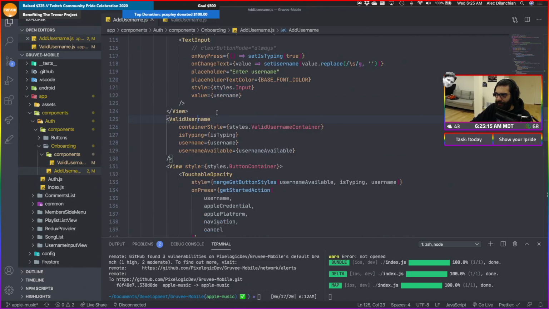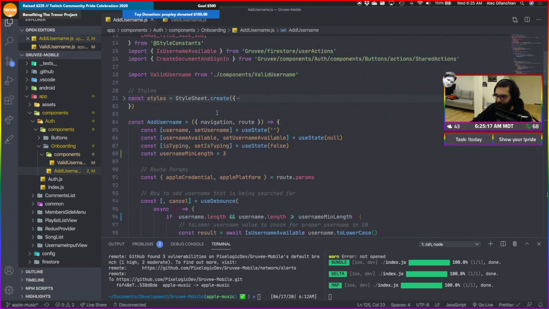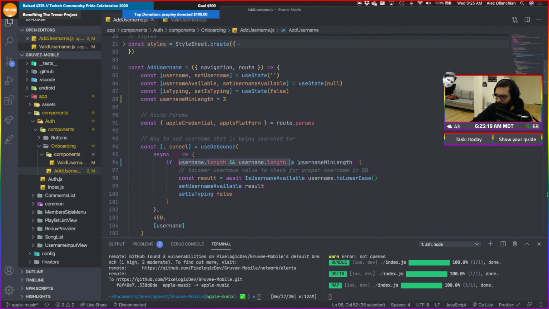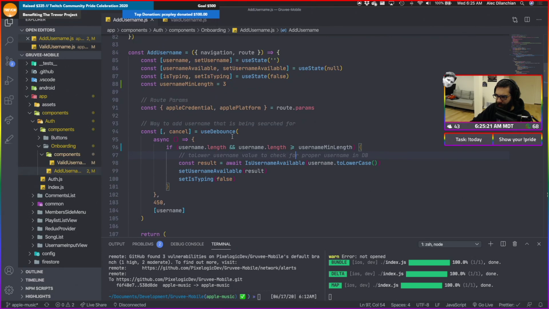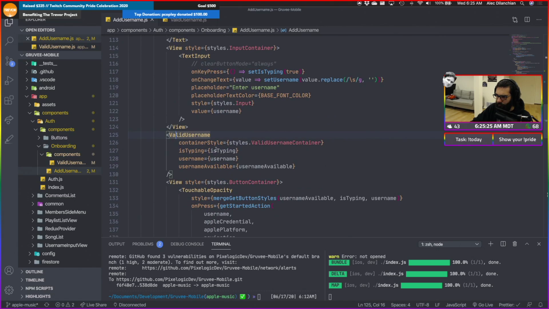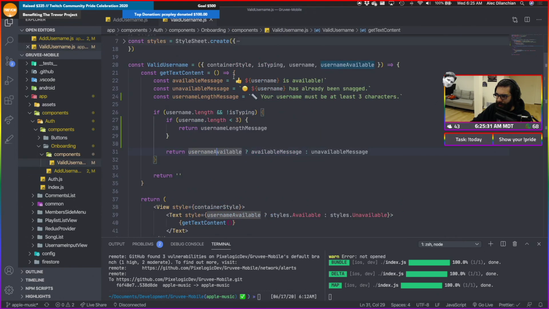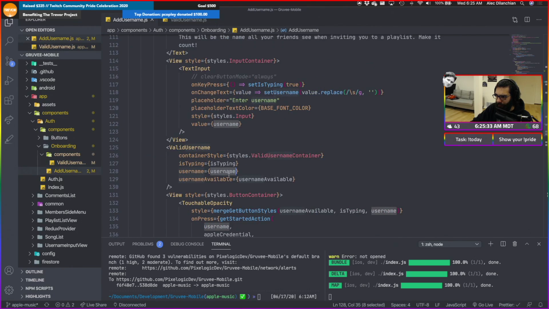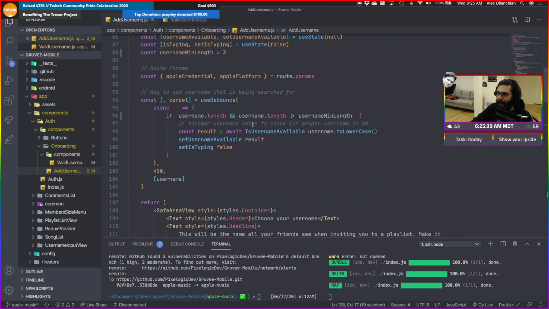I'm trying to see. I don't remember if. So if username, yeah, that's when we do the search. Username passed in, yeah, that should be fine. Oh, I think I know what the problem is.